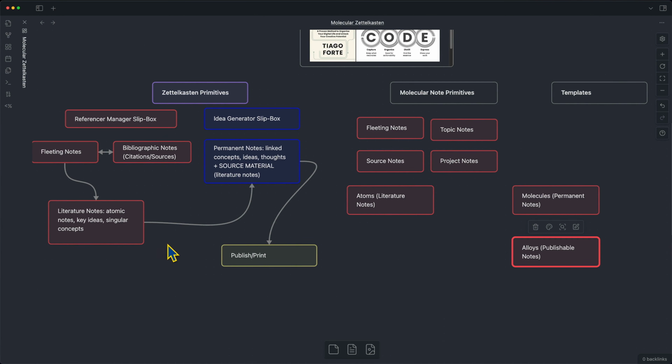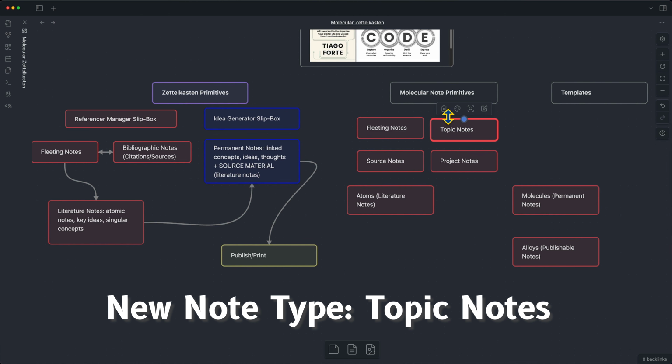And for myself, rather than just having a single box where I store all of my permanent notes without an indication of how they relate to other notes by topic, I use specific topic notes to keep better track of this. So I'll make that orange.